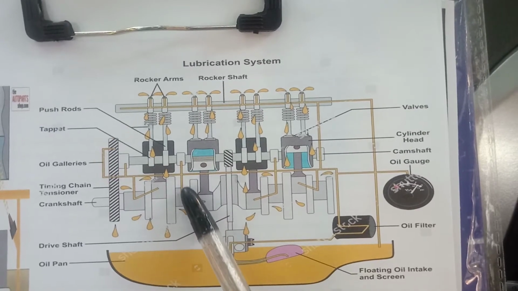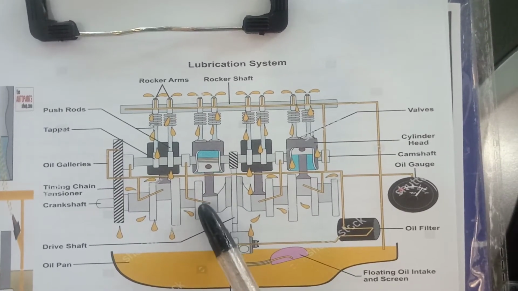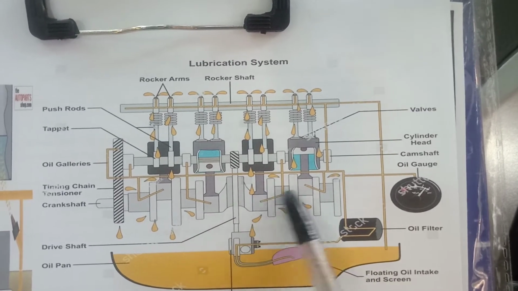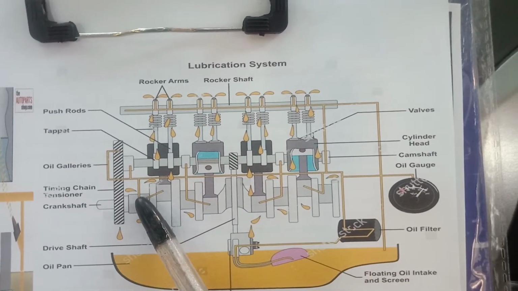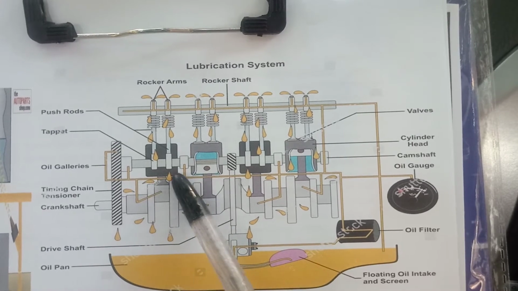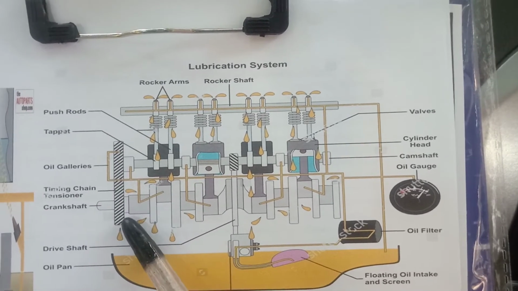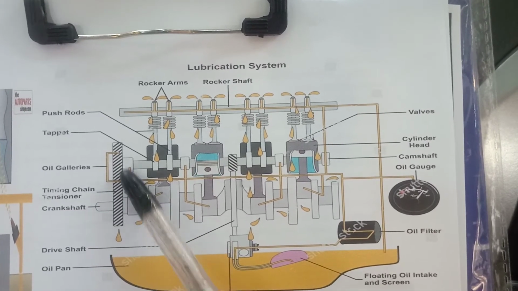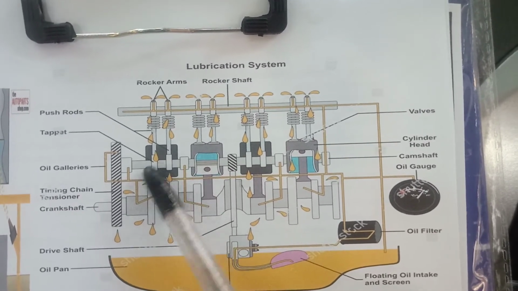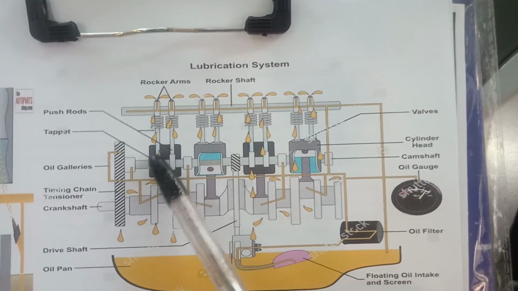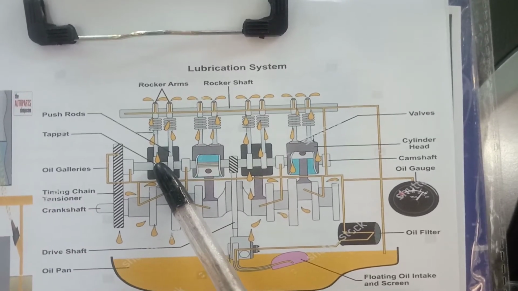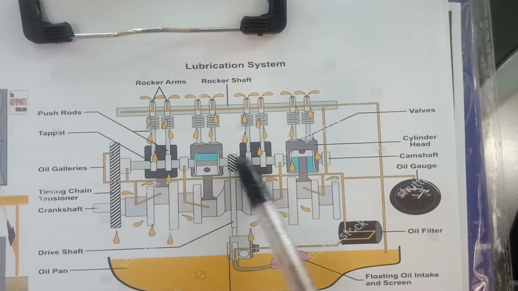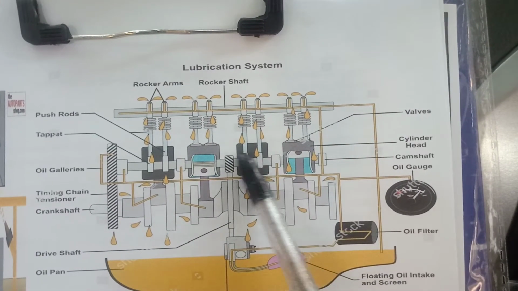Such as this big end bearing of the crank. First it goes to the big end bearing of the crank. All the crank big end bearings are lubricated by this oil. Then by this oil gallery, the oil goes to the timing gear. These timing gears are lubricated by the oil. Then this oil also goes to the cams and follower system, which are also lubricated by this oil gallery.